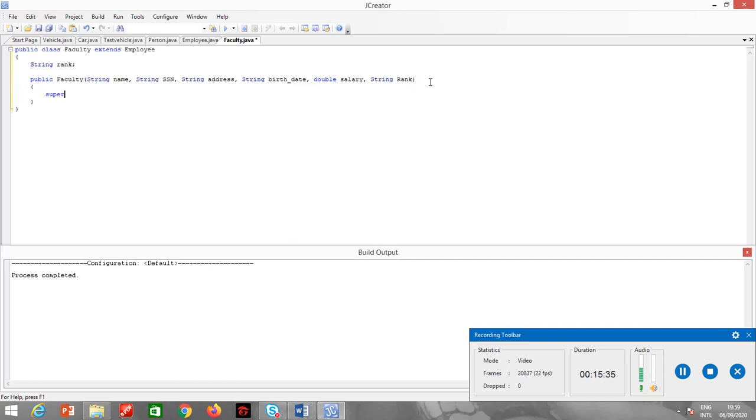So the first statement is my super. I will remove these data types. Now I will initialize the rank variable which belongs to the faculty class. Rank is equal to rank, with R small and R capital.